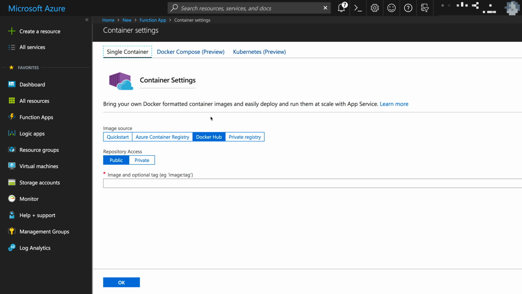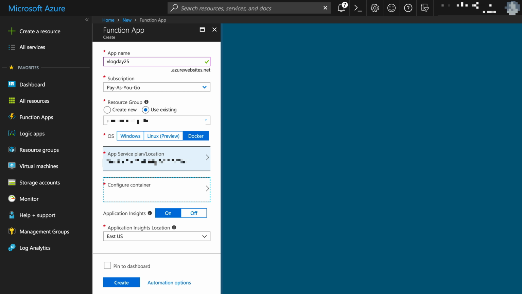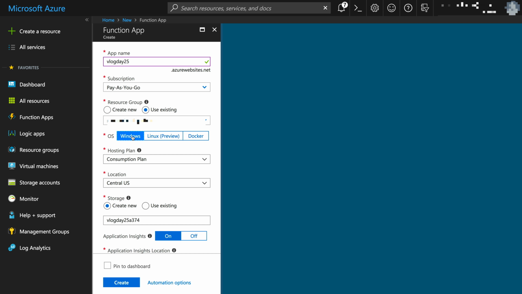And that's what I can do here. I can create my own container. I can put it on Docker Hub or some private registry or Azure Container Registry, and then use that to host my function. So that's pretty slick. Now, I'm not sure what kind of guidance they give about how to make super, super, super fast containers, and I'm not sure what impact this is going to have on performance, but it's a really neat idea. So I'm going to go back to Function app, and I'll just choose the default of Windows